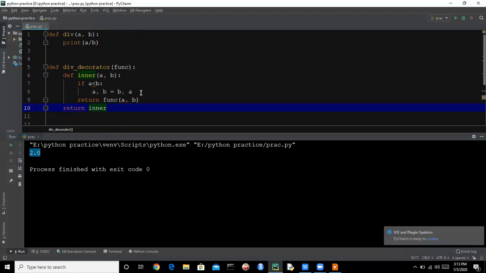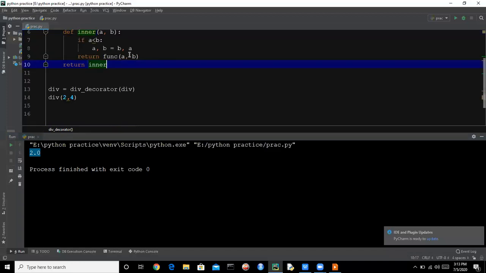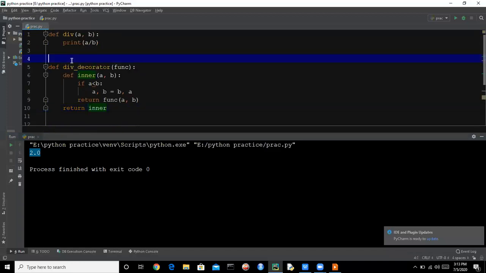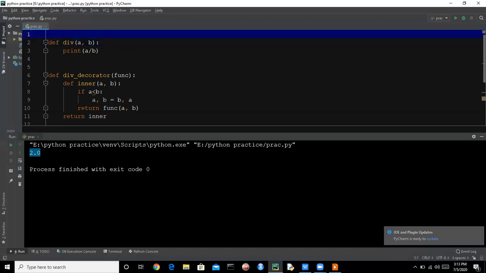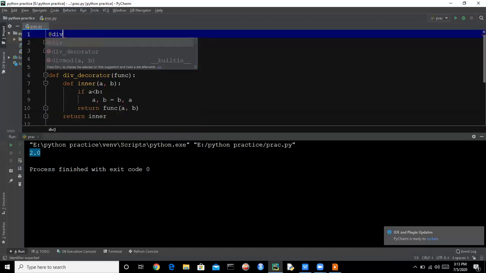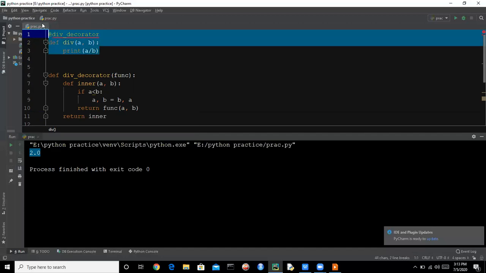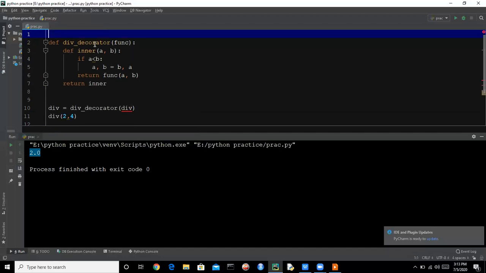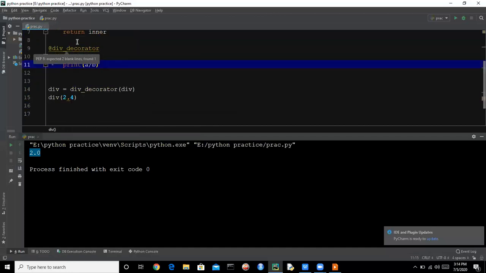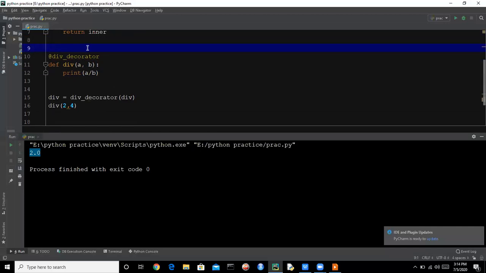So there is another syntax for writing div decorator. So we can say it is a decorator function. So here we are saying at div decorator. Let's say Control C here. So here we are saying it is a div decorator. It is a decorator function,